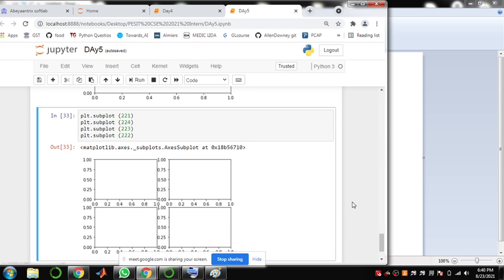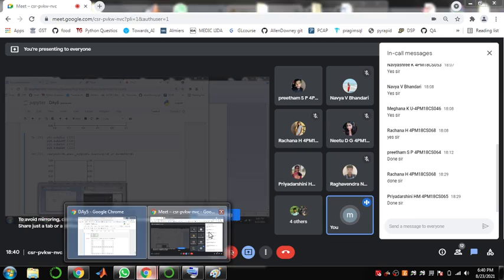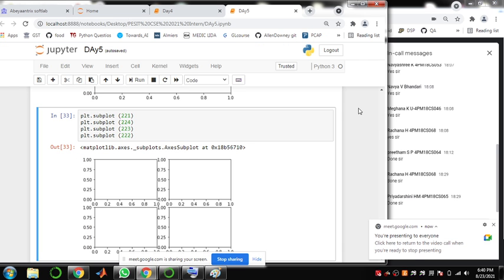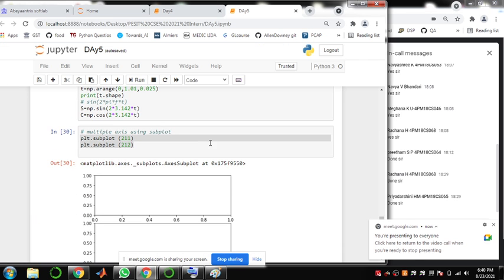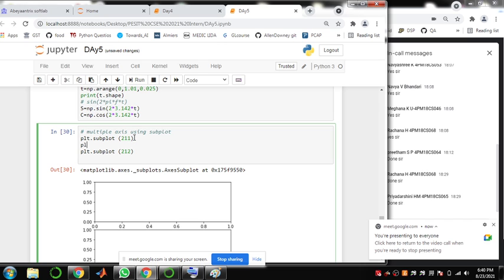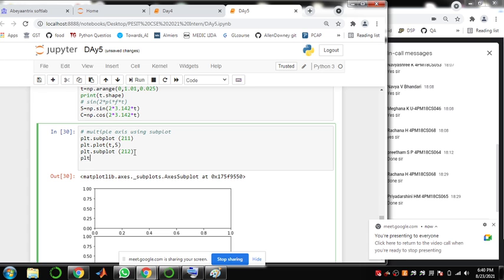Hope everyone is clear with how we are dividing the axis using subplot. Anybody having doubt? Let me know. So what is the use of this dividing? Let's consider this previous example. I divided it. After that, I'll do PLT dot plot of t comma s, and here I'll write PLT dot plot of t comma c.